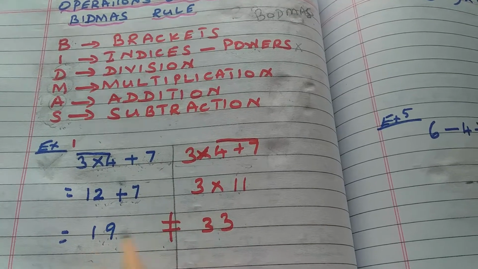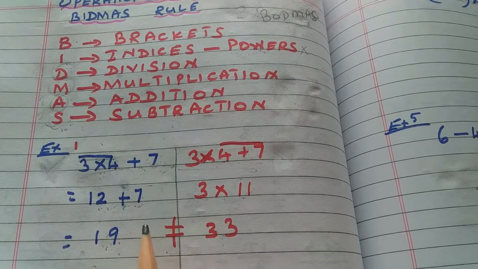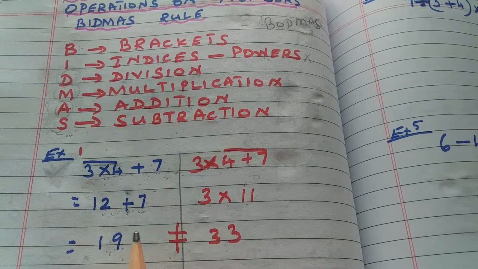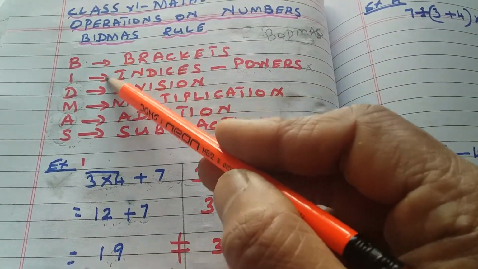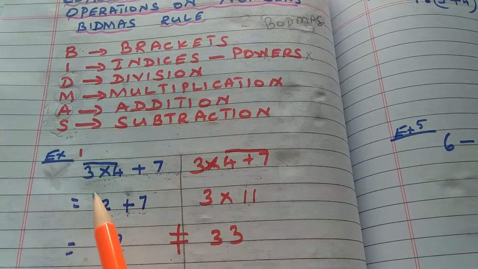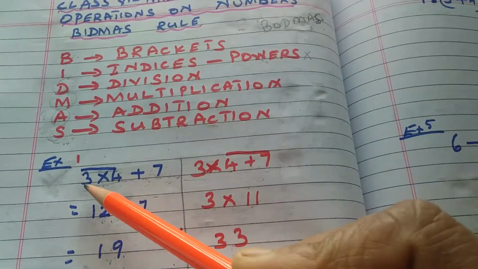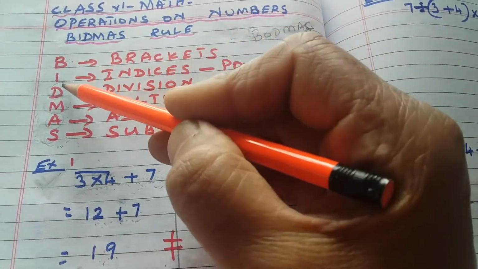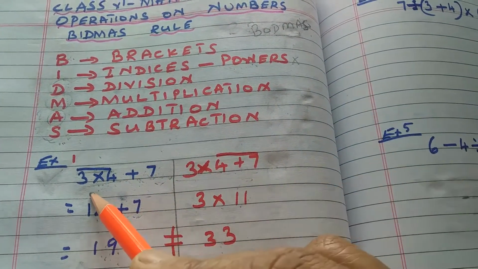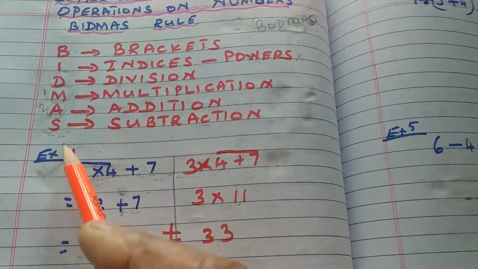So that means one method must be wrong and one should be correct. So there must be a proper method to follow. Whoever does the sum, the answer should be the same, and it should be the correct method. For that only we have the rule called BIDMAS. There are certain steps, certain conditions to be followed to get the same correct answer. So what does it say? First we have to perform the brackets. There are no brackets given here. So then what is the next operation? Division. We don't have division. We have only multiplication and addition. So which operation has to be done first? Multiplication first and addition second. This is how we have to follow the order.